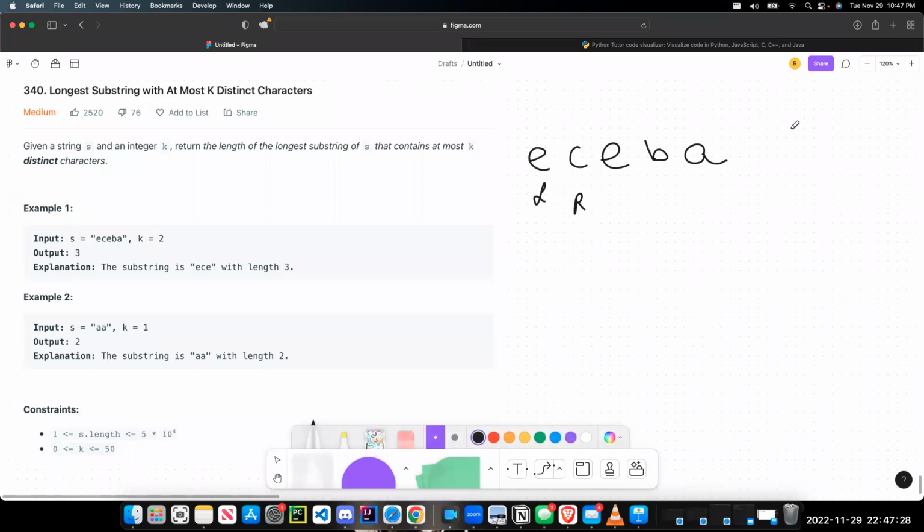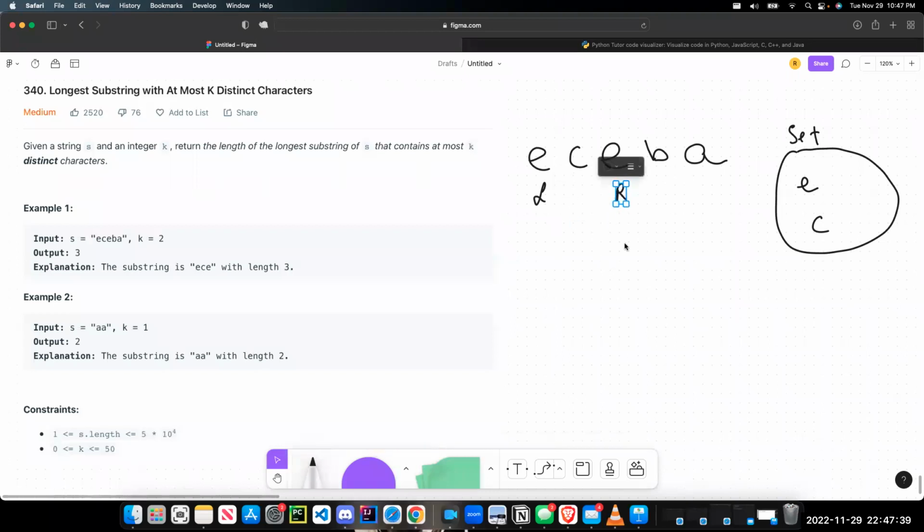Maybe I'll have a set here. And in this set, I have E, and then now I have C in there as well. And then I have another E, which is fine. But really, what I'm concerned with is, okay, well, if the set dot size, I'll say S, is equal to, or rather is